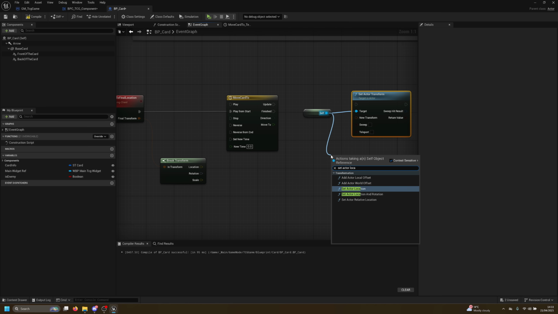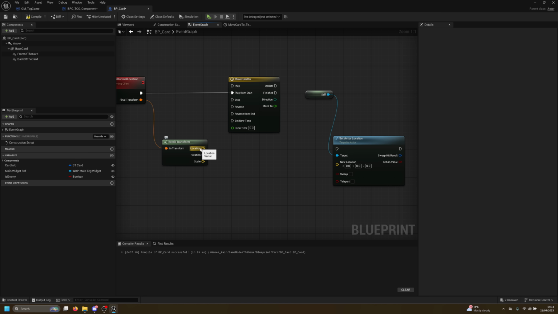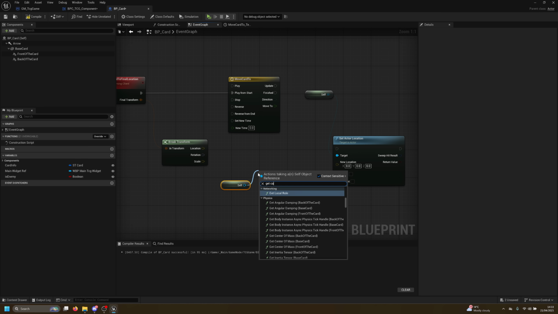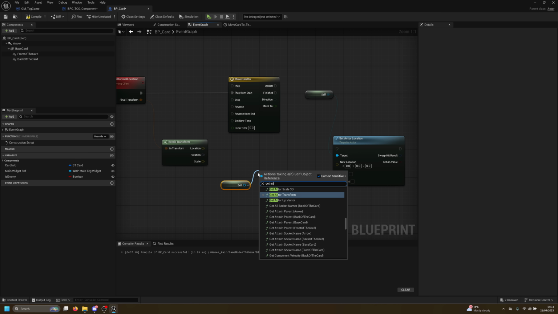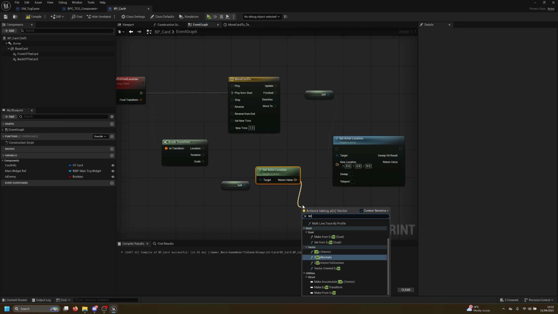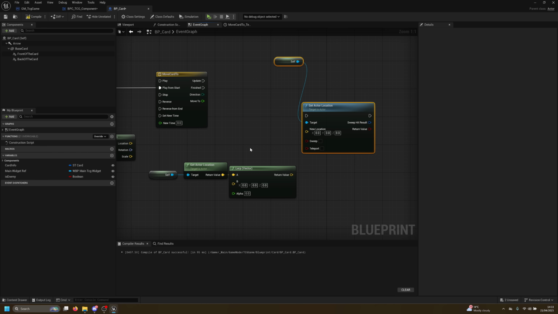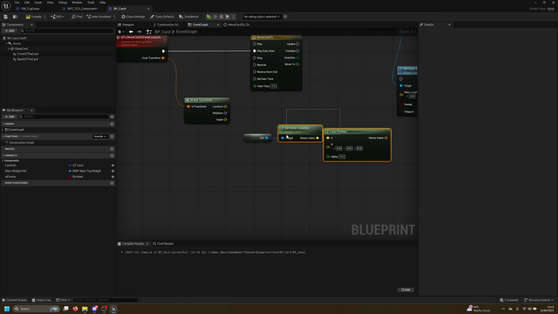because that is what we want. Set the actor location. Now the location here is the final end, but we need to move it in a smooth way, right? So first what we gotta do is that we need to get actor, get actor location. Can we do a lerp on vector? That's it. So what we're gonna do here is that we're getting the current actor location, and we're